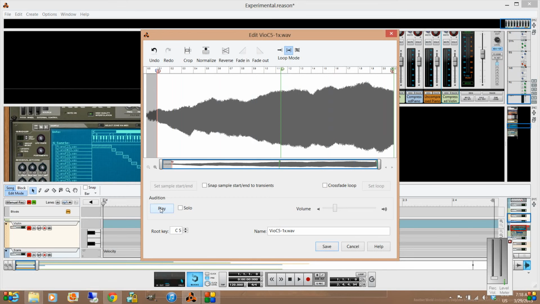I want to hear more of a smooth transition. If I fade it in, that doesn't really change the profile of the sound very much. And with the fade in, I think it's still quite recognizable as a violin sound.